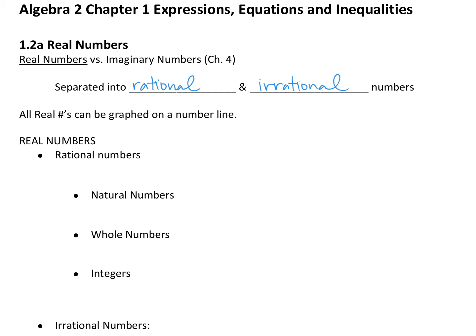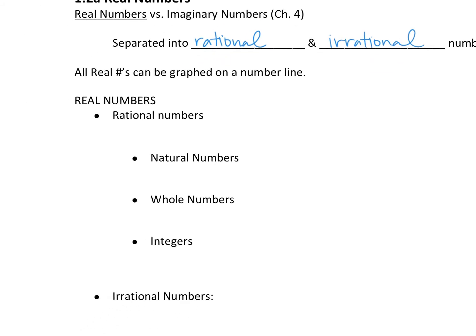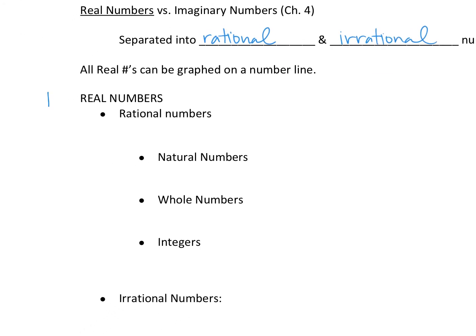Real numbers is like your umbrella that we're working under right now, right? Everything we talk about right now is a real number. And the way we represent real numbers in shorthand is that it kind of looks like that paragraph symbol, right? It's the 2 bars down, but it's an R instead of a P. That's real numbers, okay? Then we have rational numbers versus irrational numbers, okay? The rational numbers,